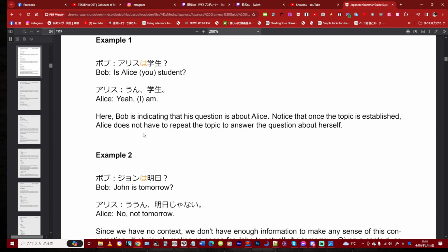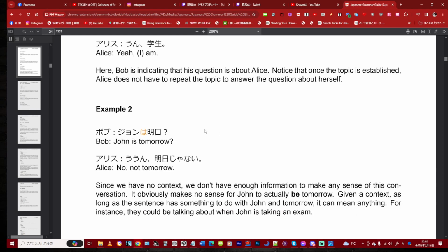Here, Bob is indicating that his question is about Alice. Notice that once the topic is established, Alice does not have to repeat the topic to answer the question about herself, as you just witnessed. The second example goes a little along the lines of Bob saying,